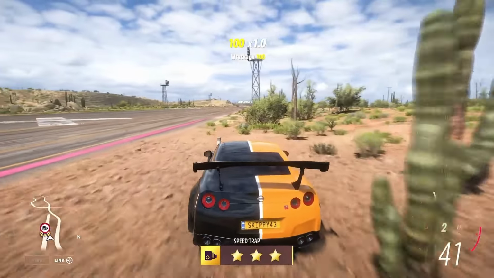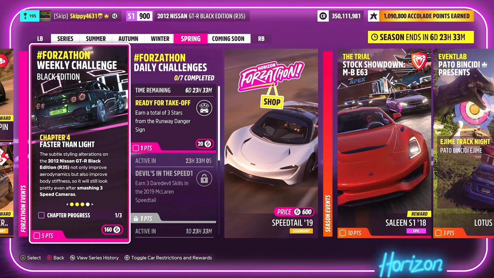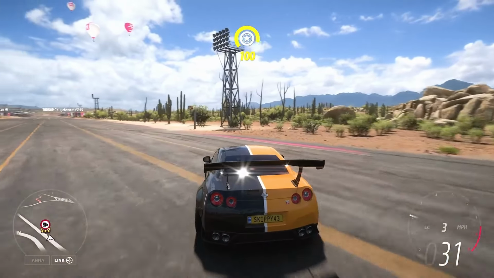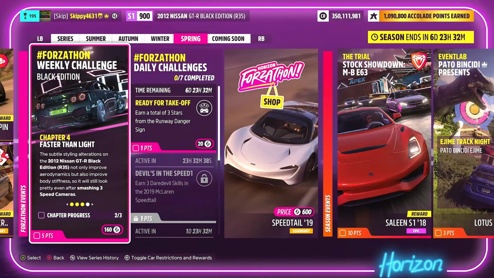if I then head back to the festival place and on over to the FORZATHON weekly challenges, it does say chapter progress 1 of 3. So that does work. So use speed traps to get this chapter complete. So if we now pull the GT-R over to the left and go ahead and hit the other camera, once again heading back to the playlist, head on over to the Forzathon challenges, we now have 2 of 3 cameras